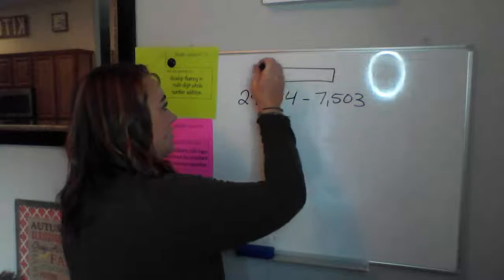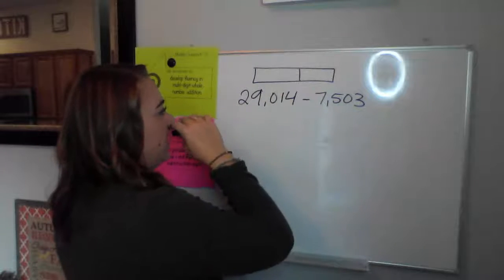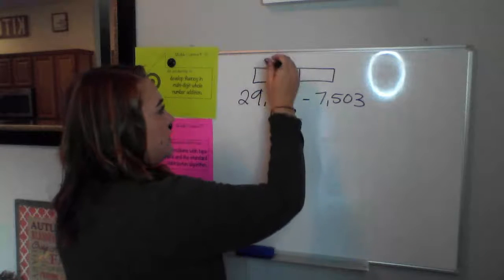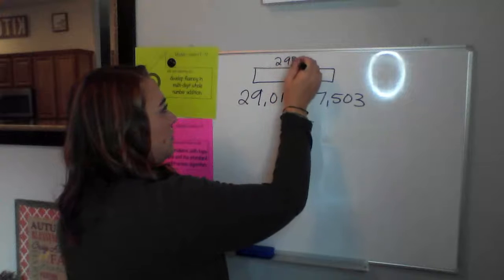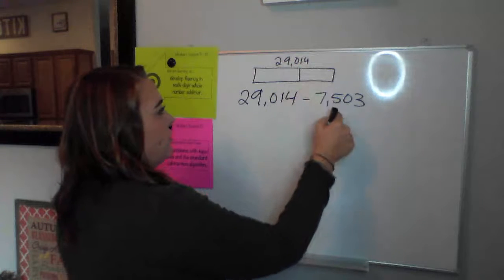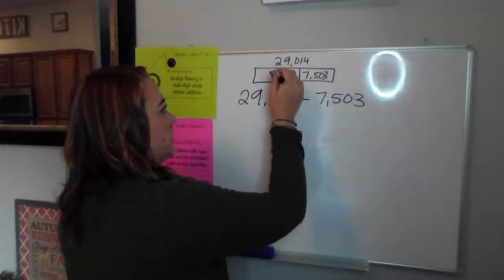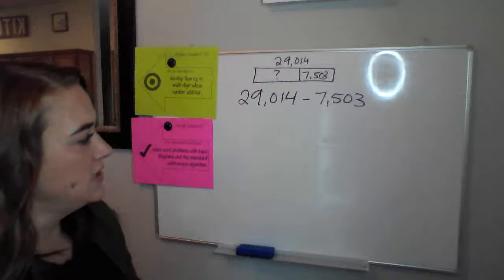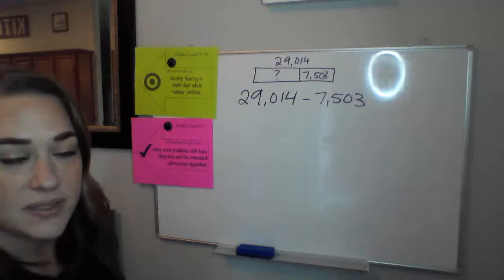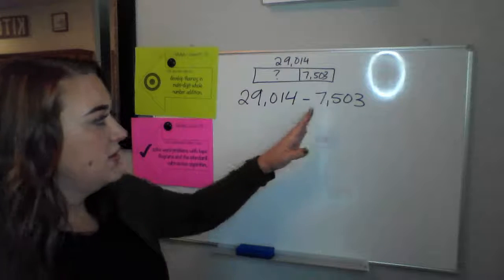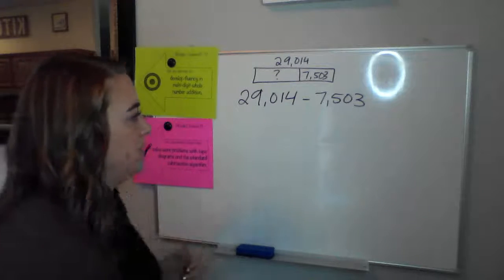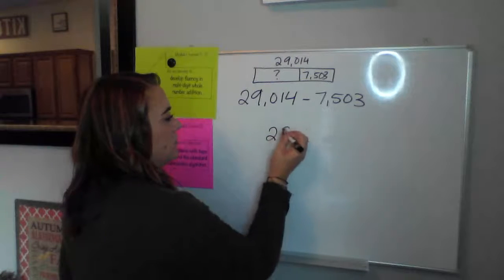So if I were to show my tape diagram, I know that my whole is 29,014, but I only have one of the parts. So this is what we're trying to find when we're subtracting, okay? So notice that I have 10,000s and thousands. So it's going to be really important that we don't